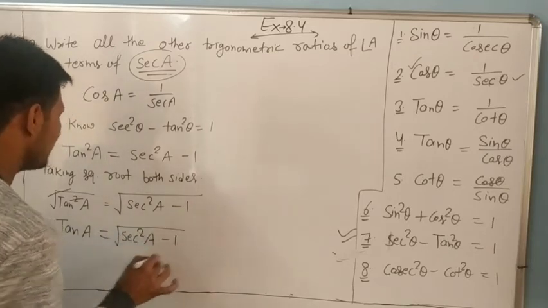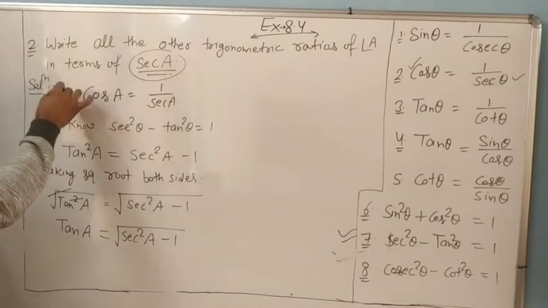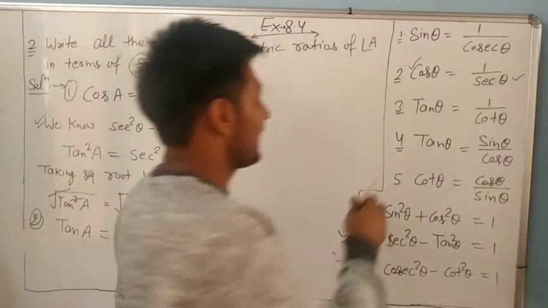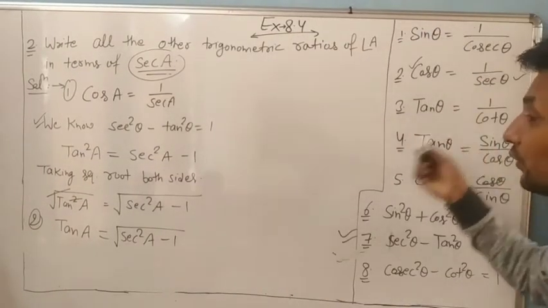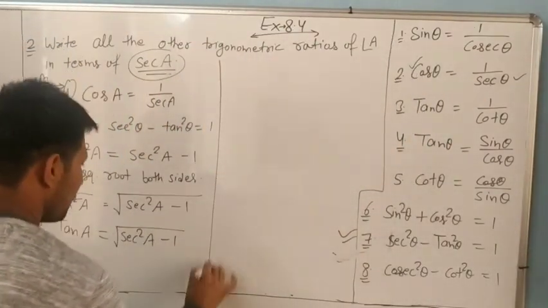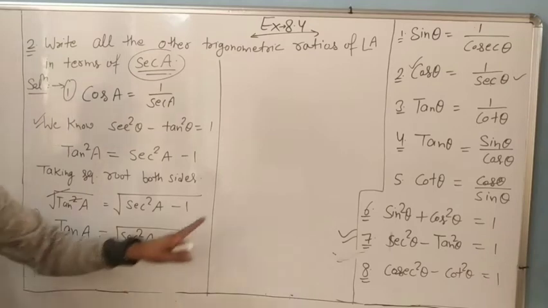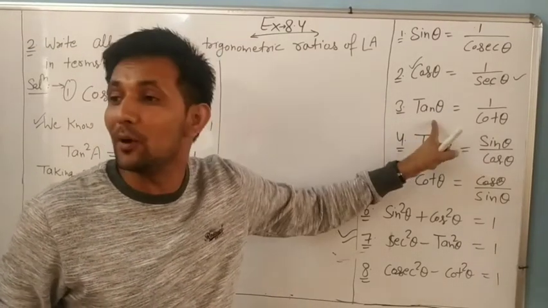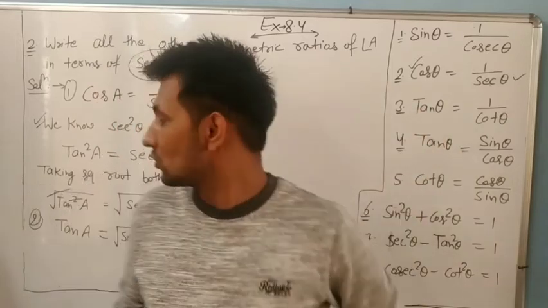So now we have to find first cos A, we have already found. Tan is also already found. Now what remains? Tan we have. Now if we know tan in form of sec, can we find cot easily also? Because cot is always the opposite of tan. So you can write